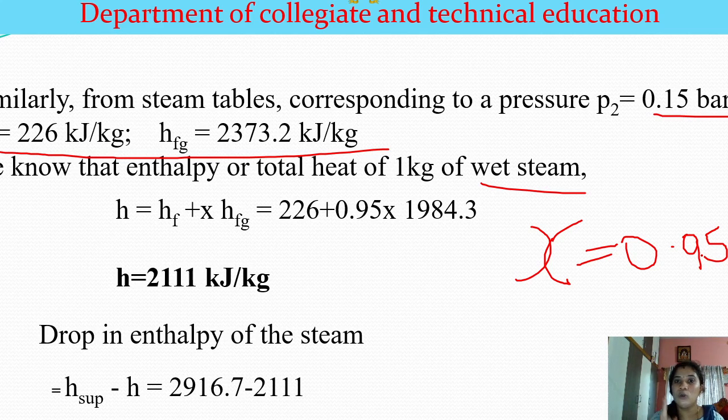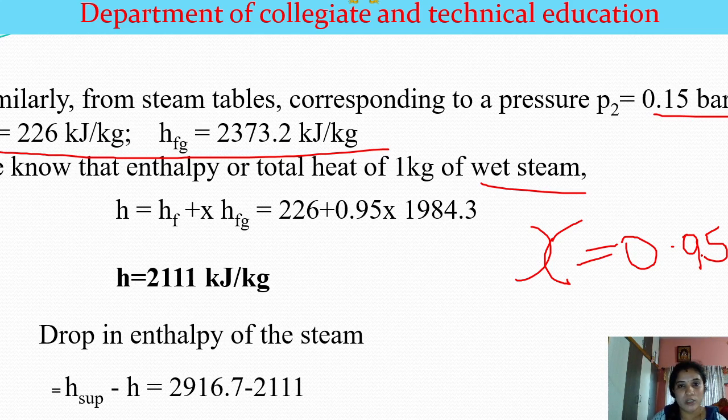Okay, so the two points that you have to remember in this particular problem: the initial condition of the steam was superheated steam, because they had given that the temperature of the superheated steam is higher than the saturation temperature. How much? 67 degrees Celsius. That was the point you have to remember. Secondly, while leaving the engine, they have given the dryness fraction. So that indicates the steam is a wet steam.